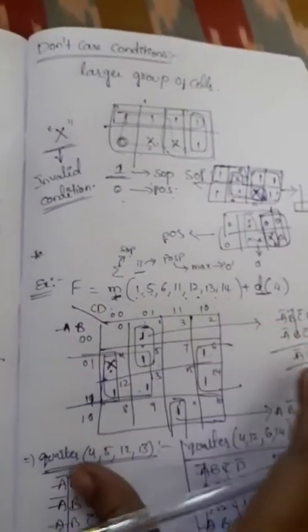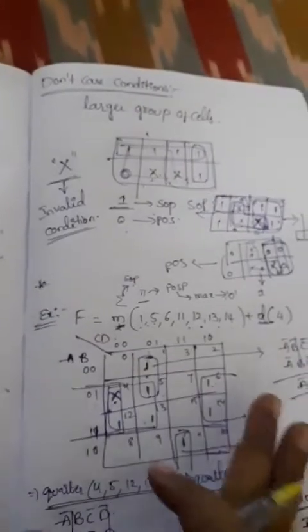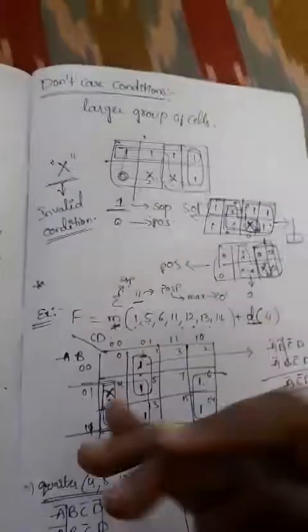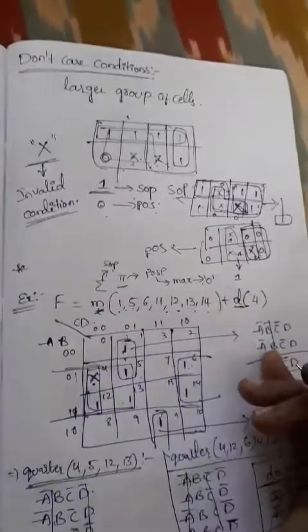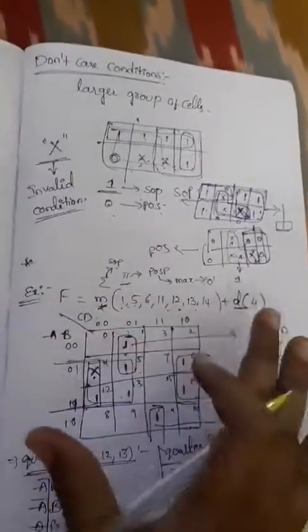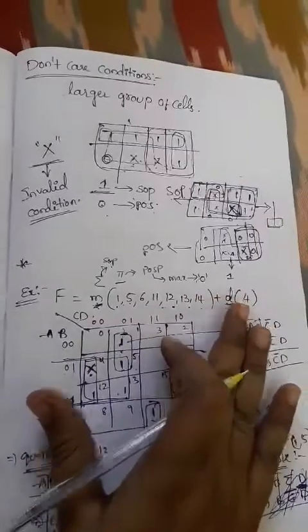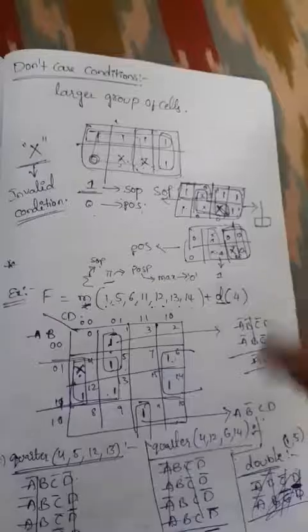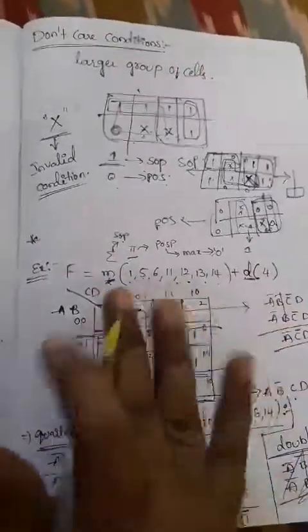This is the don't care condition concept. That means we need to match the cells with don't care also. That means we have one possibility by matching the don't care condition also. Okay, so this is the complete explanation. In the second unit we have the K-map, right? In the second unit we have two units. In that, the first unit is minimization, which is completely related to the K-map. So up to this, the K-map minimization is completed.